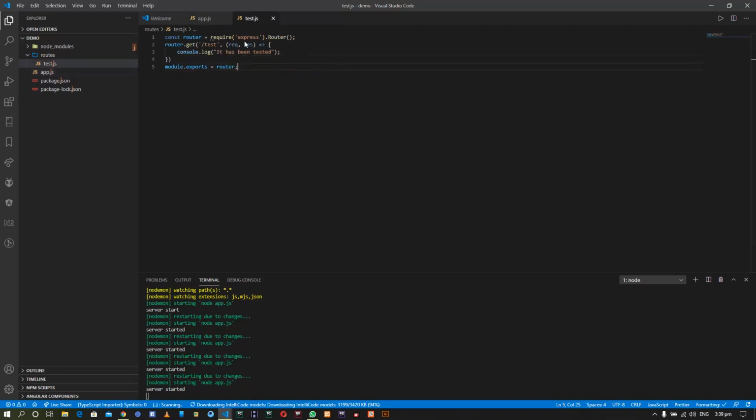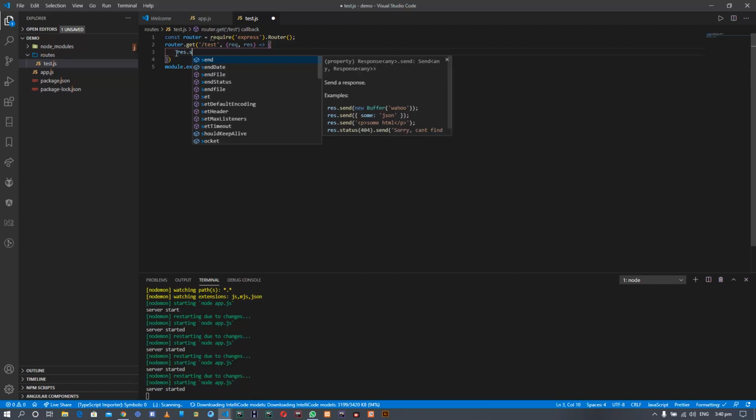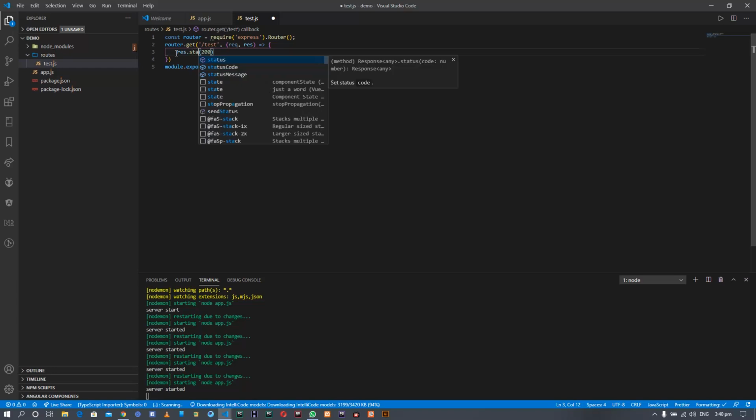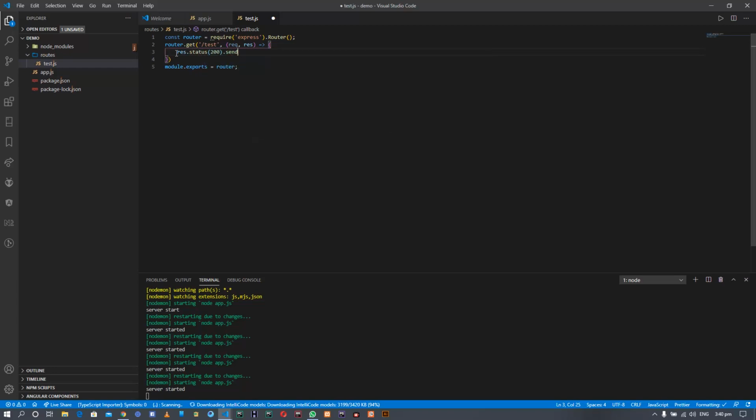So whenever this route comes, router.get test, the app will redirect us to that file test.js, and then this will run res.status 200 .send you have tested. This will be sent as a response to our API software that we will test.